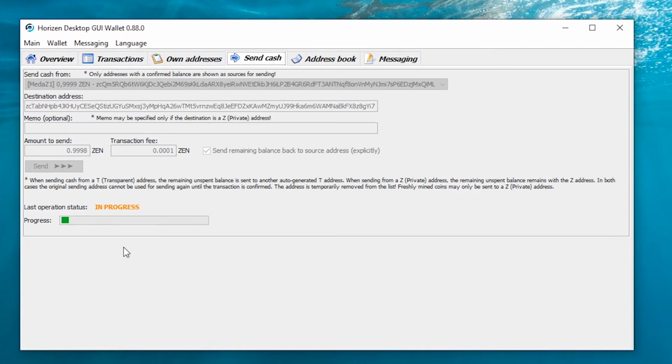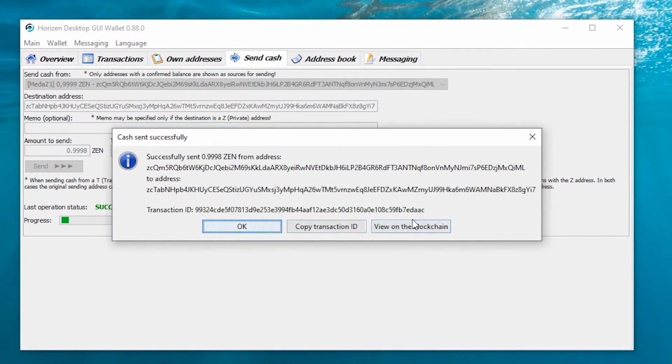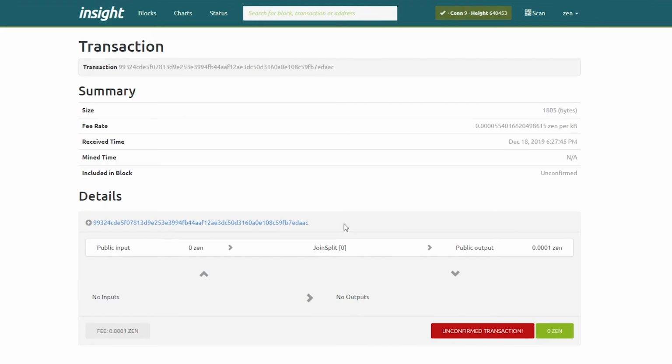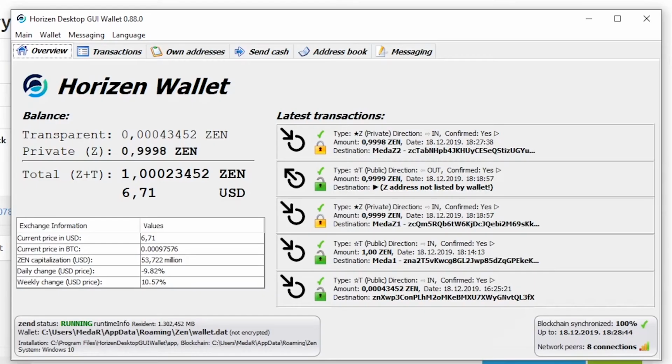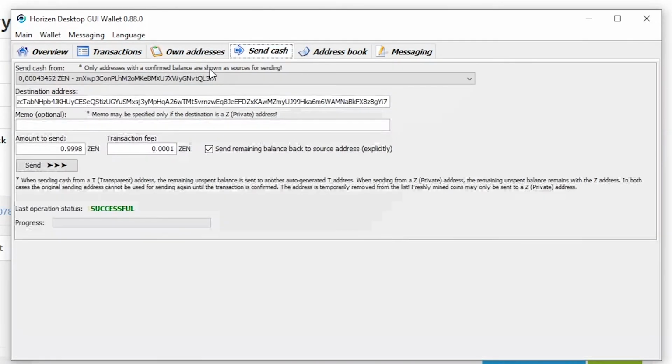The transaction is now created and you can view it on the Blockchain Explorer. You see here that you have no information on the amount and on the addresses in this case because we are from private to private. Few minutes later, the transaction was confirmed. If you go back to your wallet, you will see that it's written in black.